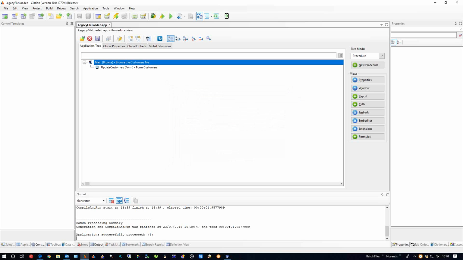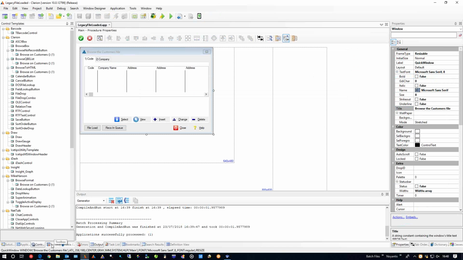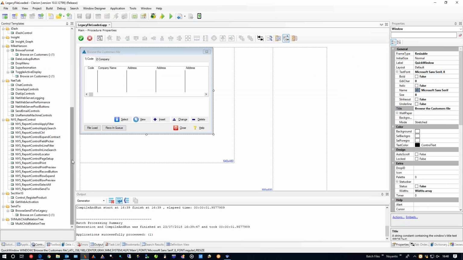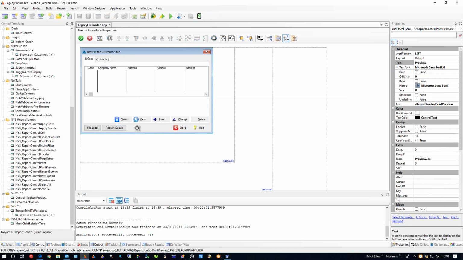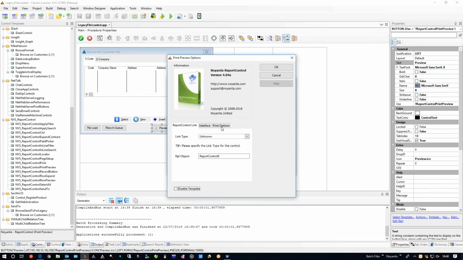It's almost as though it's done. Must be missing something. We'll put the print on there as well, just to make sure that that is working as we expect. So, print preview. There you go. Whatever, that'll do. And it's the browse enhancer browse one. Report control, just that. Reload. Force a full browse reload before the preview.